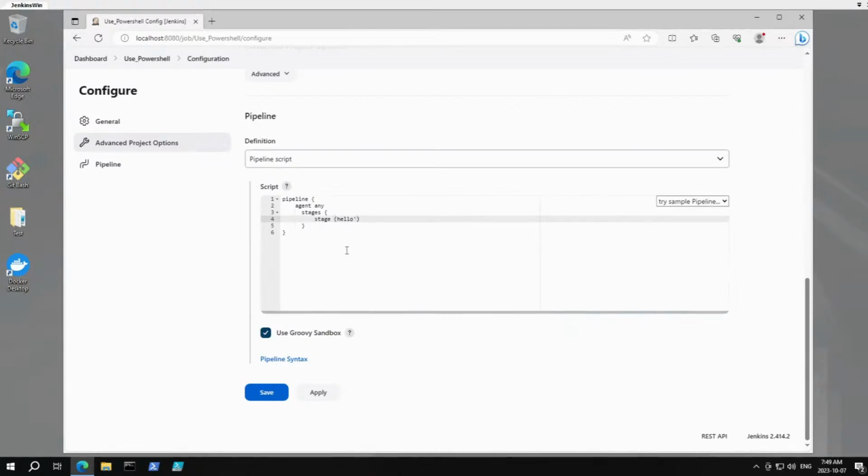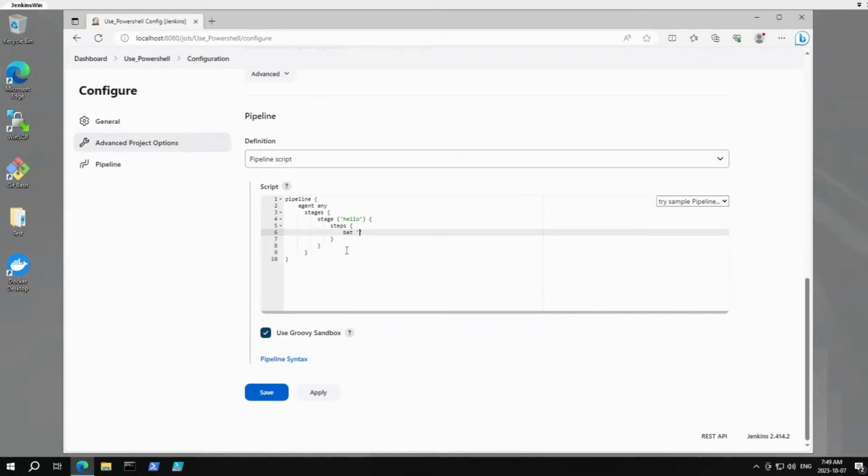The syntax goes like this, right? And in the stage there are steps, right? In the steps we will type, because it's on Windows, so I will use bat, and then in the